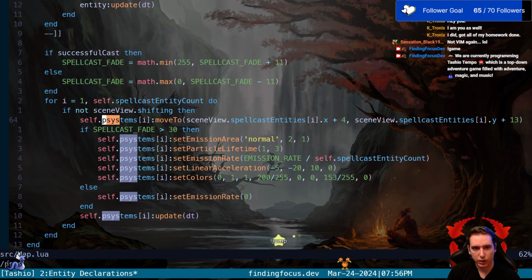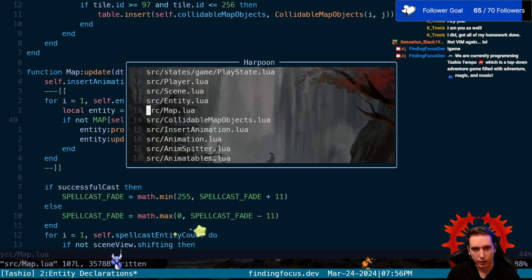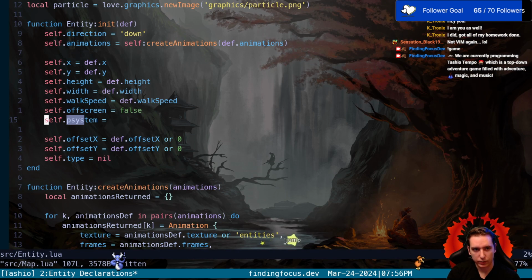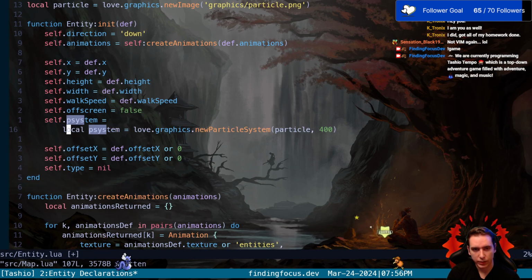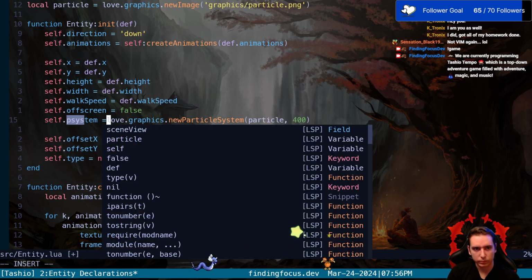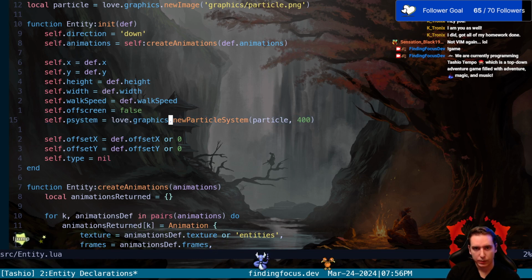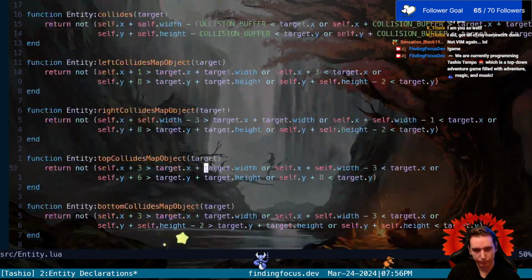Now this is for our, yeah, we don't want our particle system declared here in our map. We want it declared here in our entity. So let's say we have one corrupted gecko. That corrupted gecko has a .p system that is this particle system. Then in our update